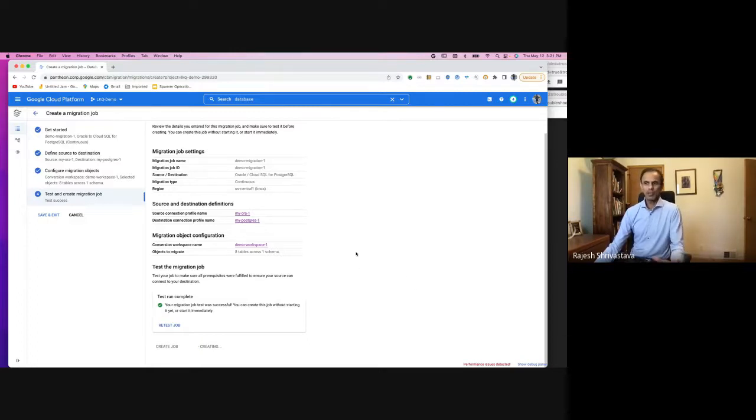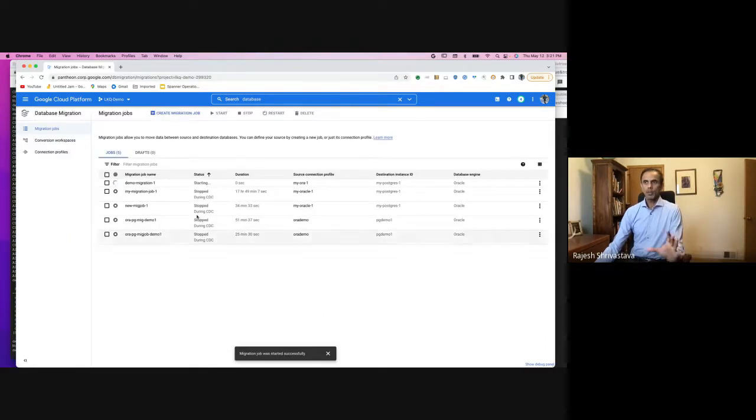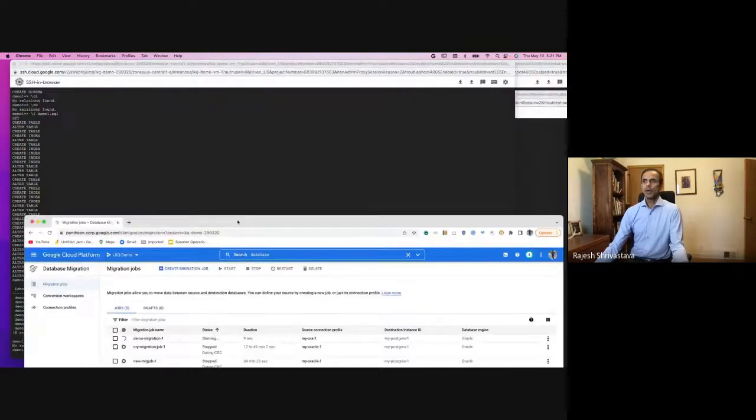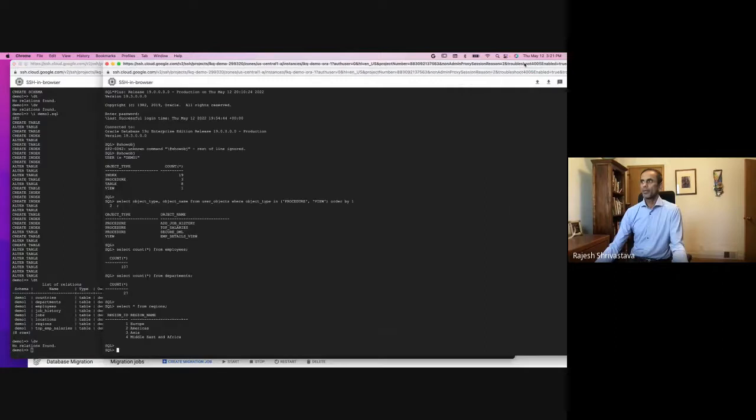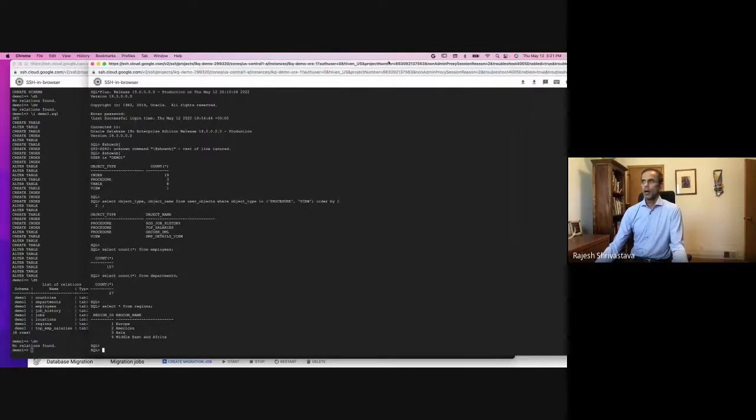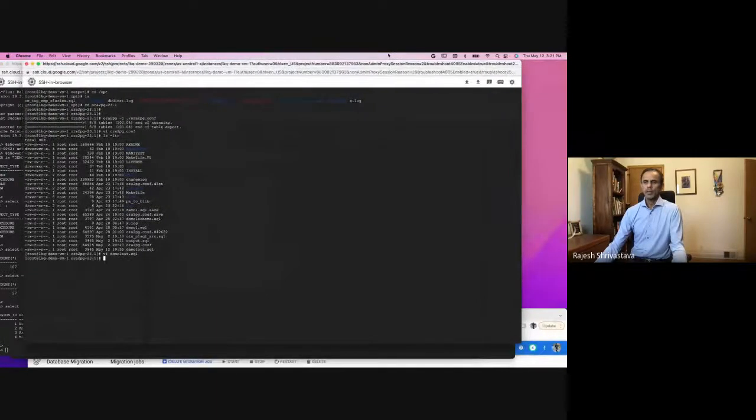It initializes all the processes and sets everything up, so it might take a couple of minutes. Now the job is created, but you can see that it's in the starting status. So it's not running yet. While it's doing its thing, we can go ahead and start our code conversion. So for code conversion, let's go to